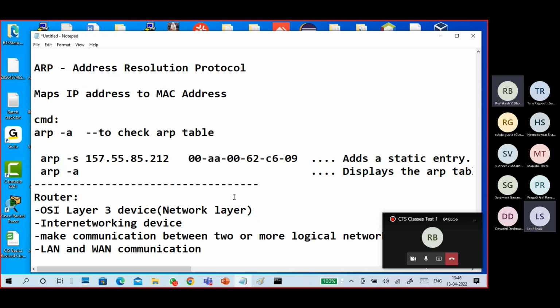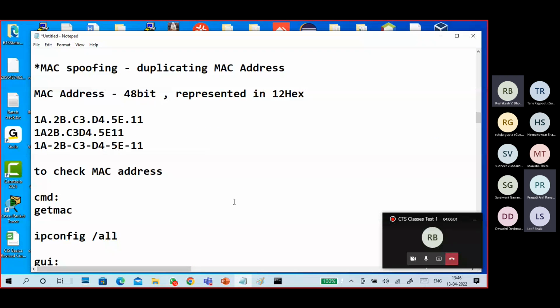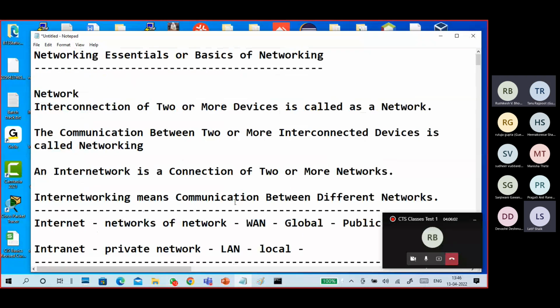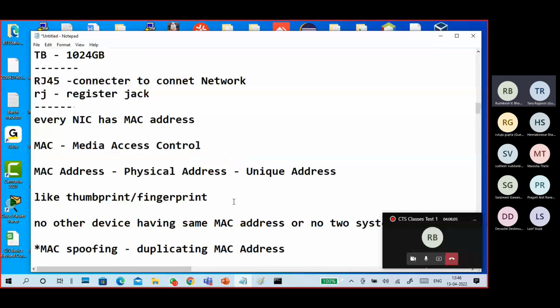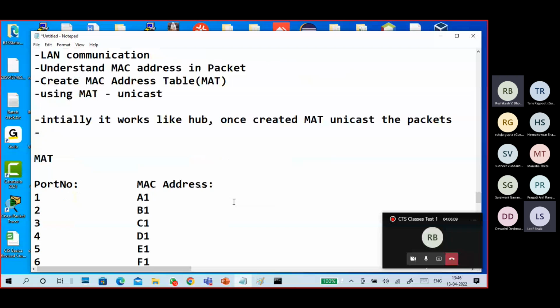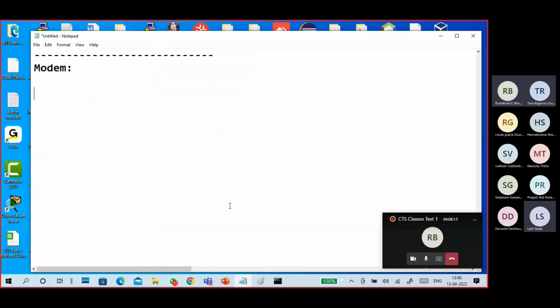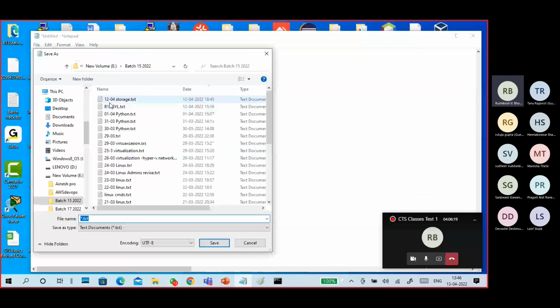Guys, understand up to now? Today, whatever discussion we did in networking, in a single shot it looks like a very big one. But once you go through it today, I will forward this one also today.